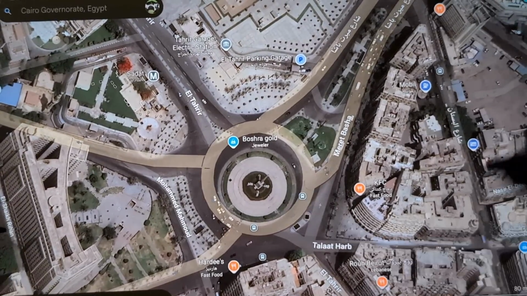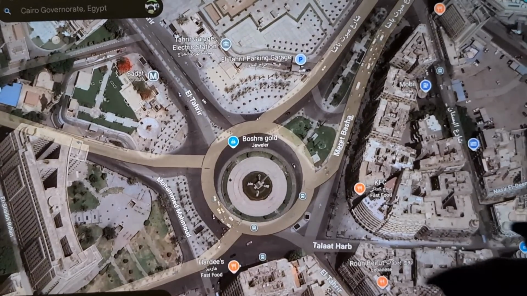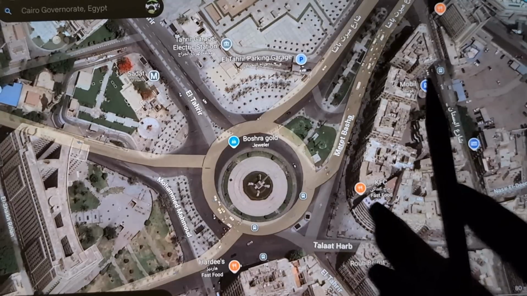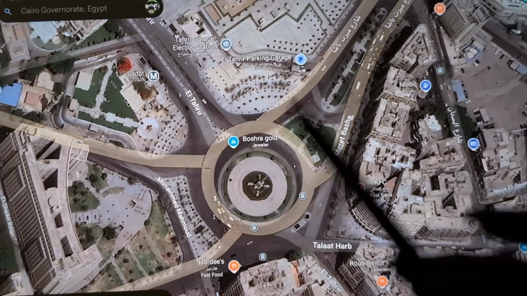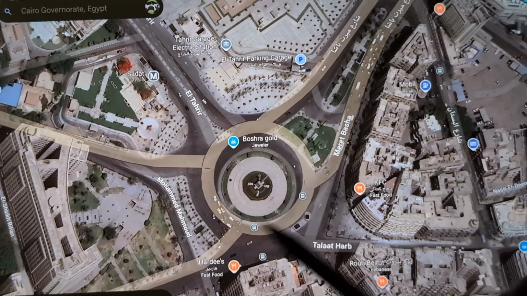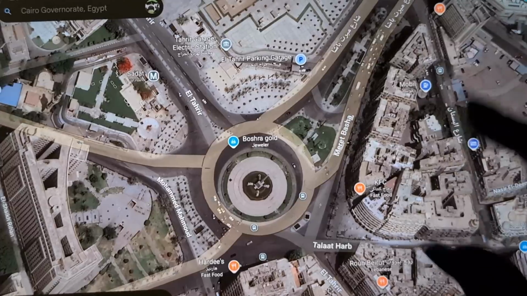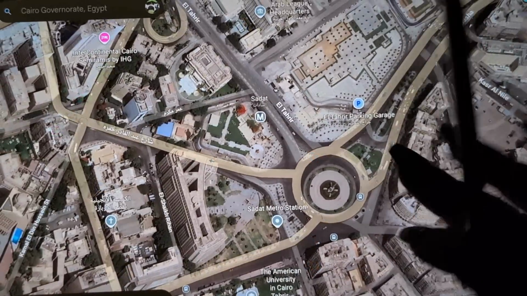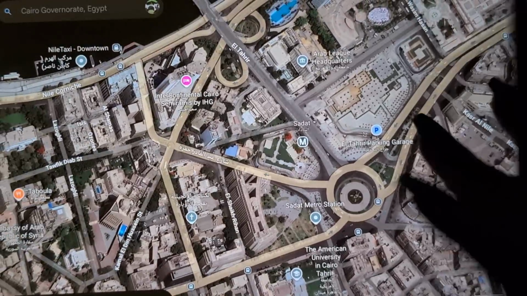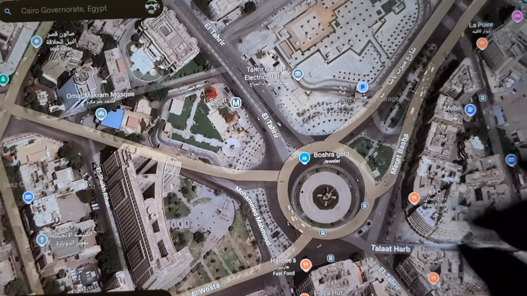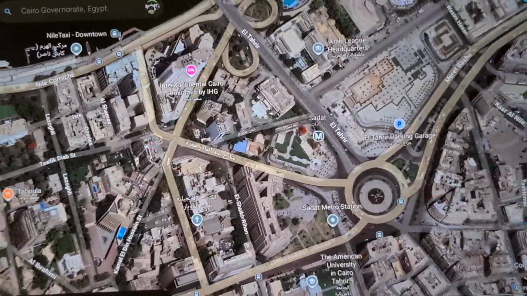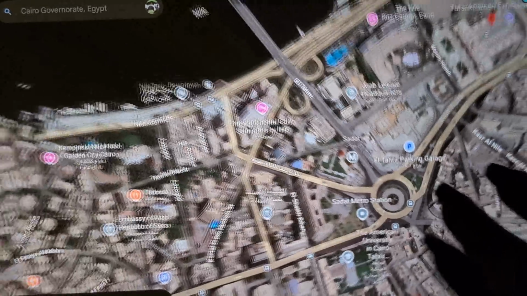This isn't a square. Not to be picky, I don't think you should call a place a square if it's a circle. I know it's a very important and very beloved part of Cairo. I don't understand why the slideshow isn't popping up for it.